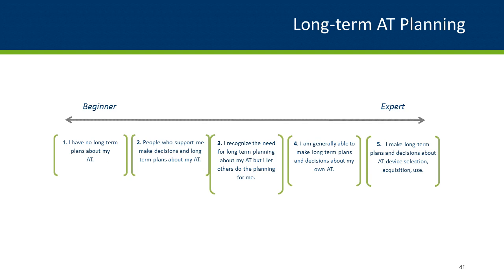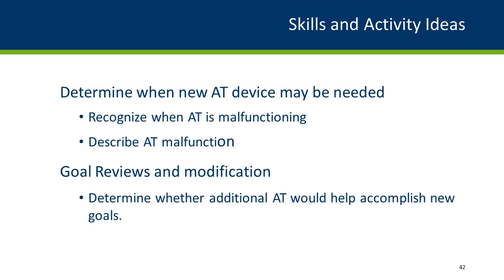And part of that implies knowing how to make those plans so that you know when a new device is needed, so that you know how to ask for help getting a new device, going back to that possible connection to vocational rehabilitation or the Commission for the Blind that we talked about earlier. And